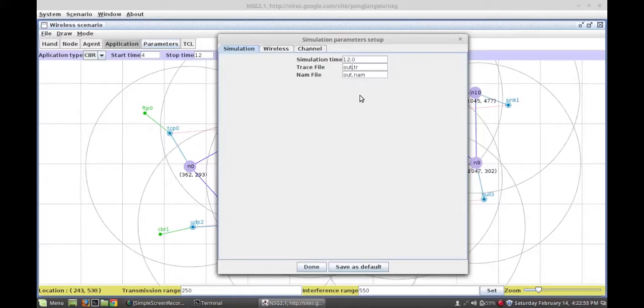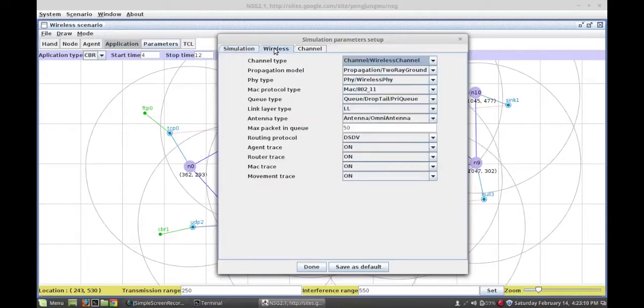The name of the trace file will be wireless and the name of the NAM file will be wireless. And when you click Wireless, you can set up the channel type, propagation model, physical type, MAC protocol type, queue type, everything. Whatever you want you can keep.